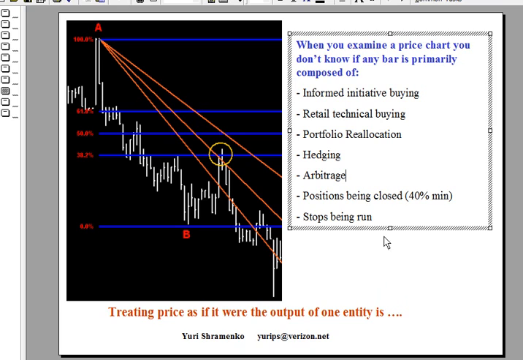These days, there are two things that account for price being a nonlinear data stream. Two things more than anything else. The first is portfolio reallocation. In all of our major markets, they're dominated now by institutional trading, whether it's commodity pools, hedge funds, money managers. These people on a daily basis reallocate their position sizes in different markets based on what they feel